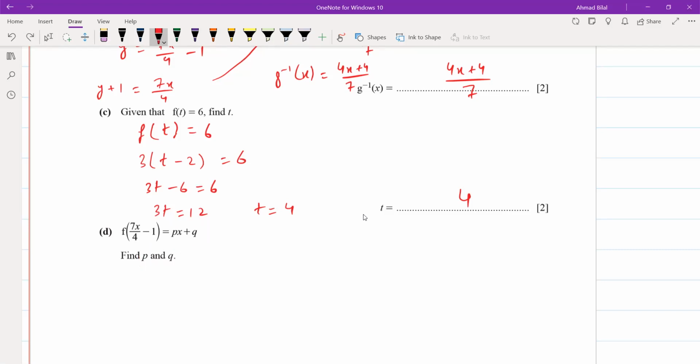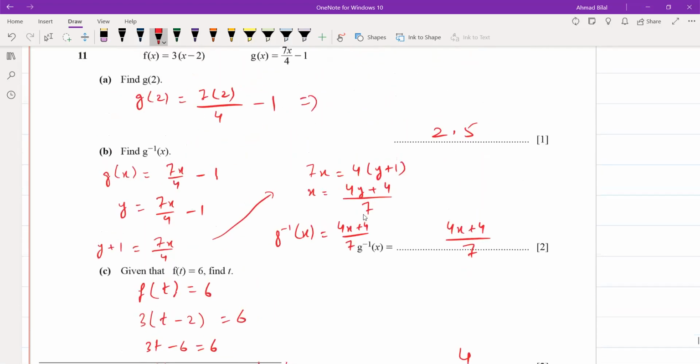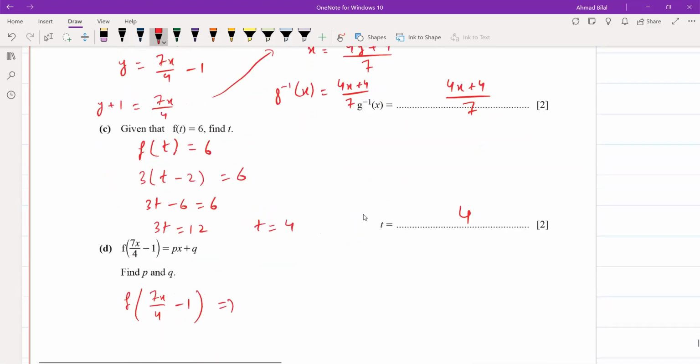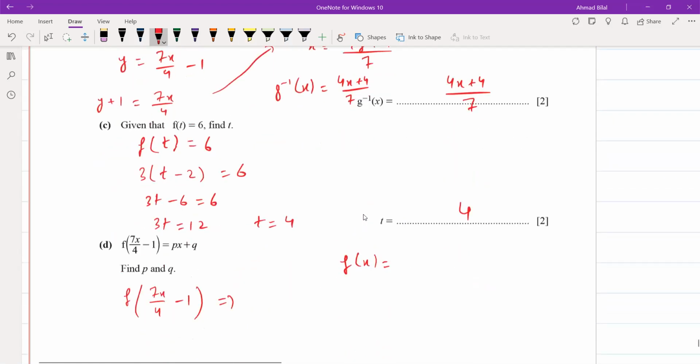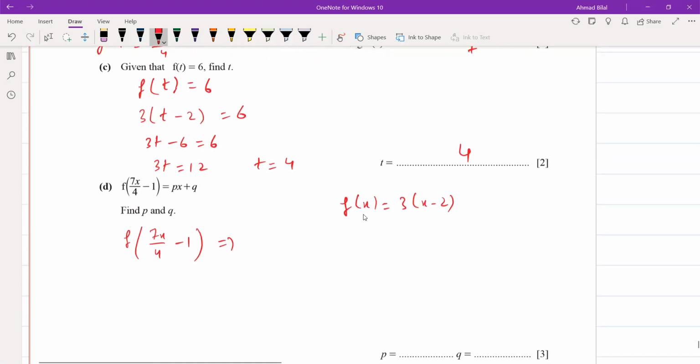सबसे पहले फिगर आउट कर लेते हैं हमारे पास है क्या, ये f of 7x over 4 minus 1. x की जगह उस फंक्शन f के अंदर आपने क्या करना है, वो पुट कर देना है. So यहाँ पे लिख लेते हैं, f of x was equal to 3 into x minus 2. That's the function. ठीक है. अब जहां भी उस फंक्शन के अंदर हमारे पास x आ रहा है, x की जगह we have to input